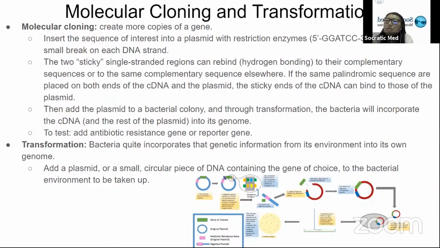Also, I realized I didn't define plasmid before, but it's a small circular piece of DNA. Once we add that specific sequence in, it would be containing the gene of choice that we want the bacteria